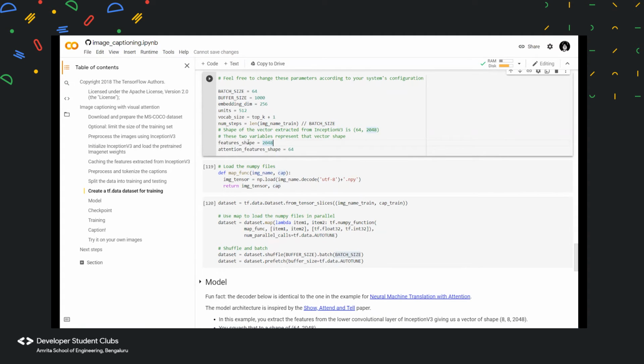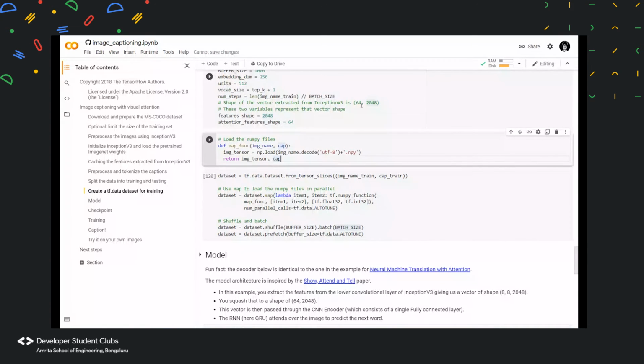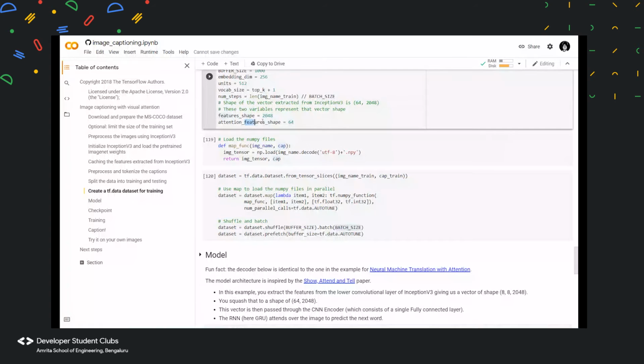Then we have the features shape, which means the output layer of the model. Here we can see 64 comma 2048. It means 64 stacked up layers and a 2048 flattened layer. So 64 is the number of features, and 2048 is the flattened layer of the matrix.